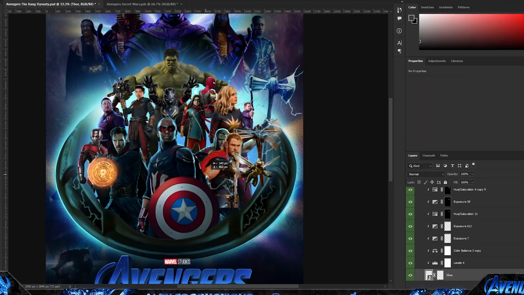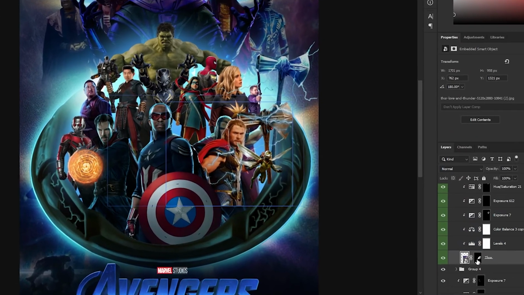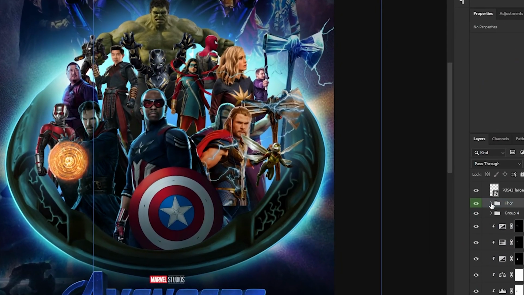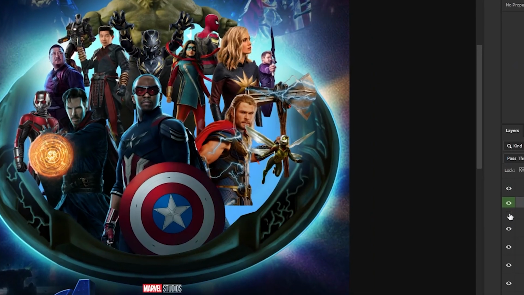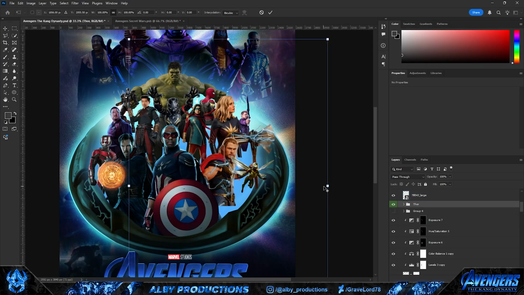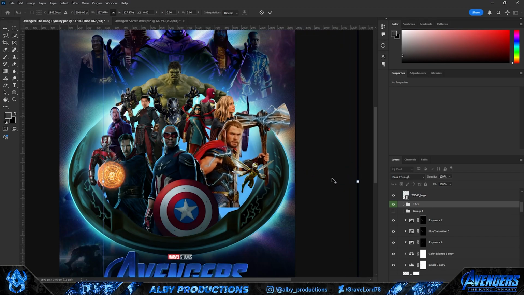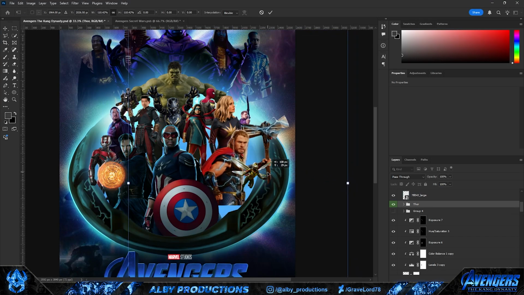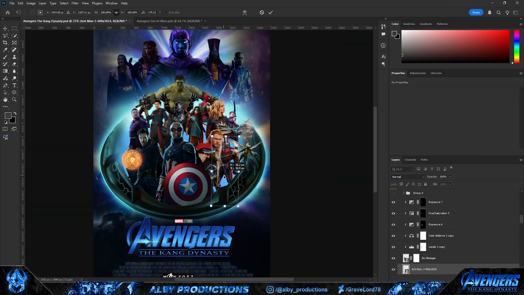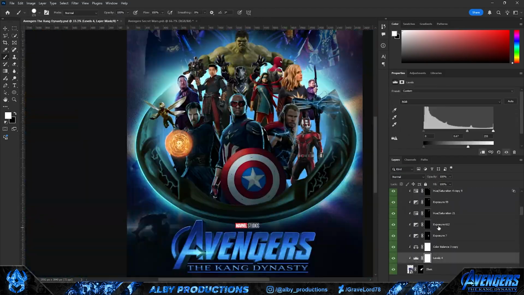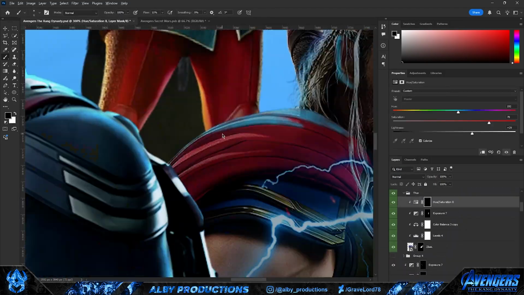It was also this time that I just realized that I used the wrong image for Thor, and it's kinda funny because from the start I could tell there was something wrong with this picture of Thor, but I could never really tell what. And it took some time to realize that, but once I did, I made sure to fix that and replaced him with a better image of him. This is also where I decided to go back to these characters to finally finish the job and blend them all in.